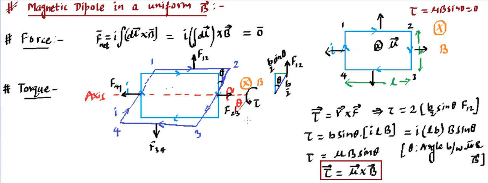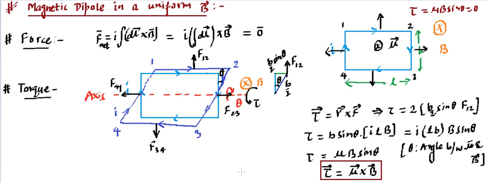That means this was the equilibrium position, and if you disturb this loop from its equilibrium position by an angle theta, then you'll find a torque comes automatically because of the magnetic field, and this torque will try to restore the loop which you have disturbed slightly or rotated slightly to the original configuration so that it comes into equilibrium. Make sense? So that's an important result.